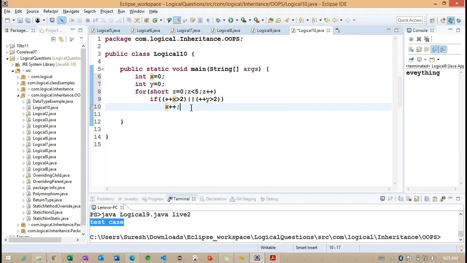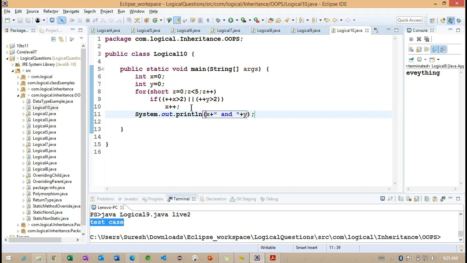Right. Now, if I'm going to print this particular x and y value, what is the value I'm going to get? So think a little bit carefully and let me know. So what is the output we are going to get?